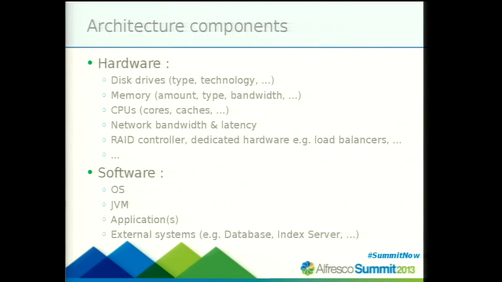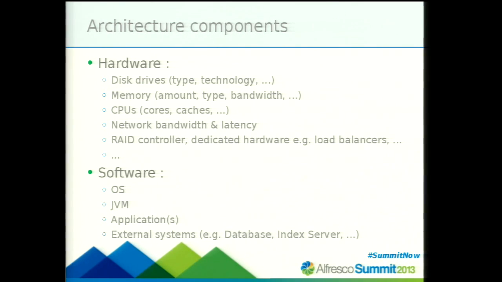We have hardware, we have disk drives of different types, different technology, different brand, different settings. We have memory, of course, which is basically the same thing. You have different amounts of memory, different types of memory, different bandwidths, new generations. CPUs are also rapidly evolving in number of cores, caching, level 1, level 2, level 3,